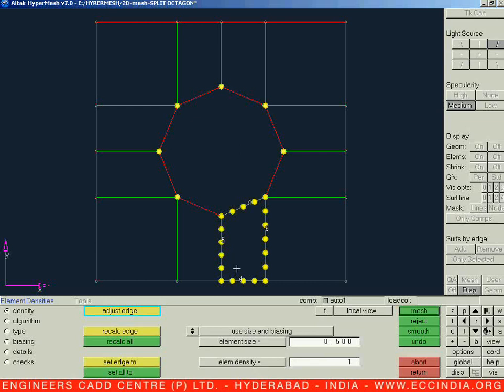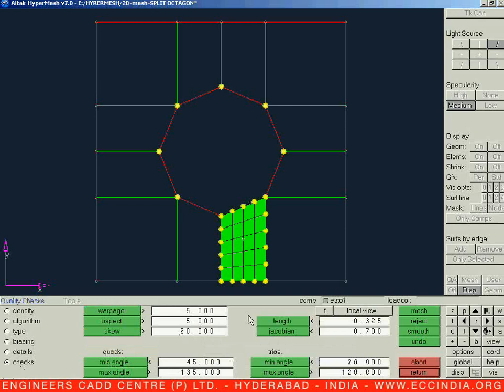Or rather we can click on middle button. Again same mesh. Now we can see one triangle is present. So let us reduce 6 to 5 and let us check it. Now let us check for the quality aspect. Length, no failure. Jacobian, no failure. There are no chances of going for warpage failure because it is planar geometry. No aspect, no skew values. All angles are good and no triangles are present, so no need to check for the triads because there are no valid elements on our screen to compare with a triangular quality aspects.